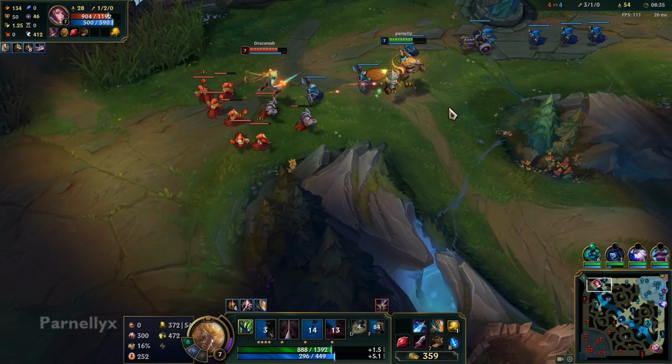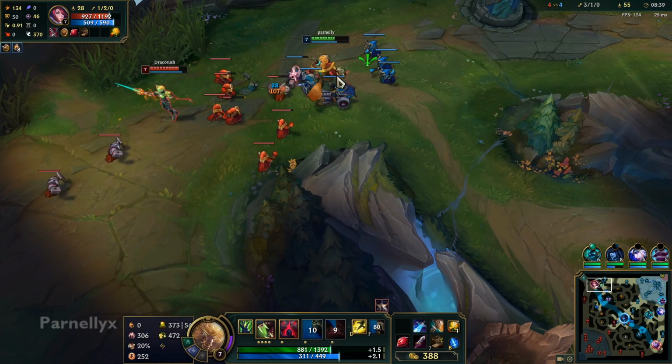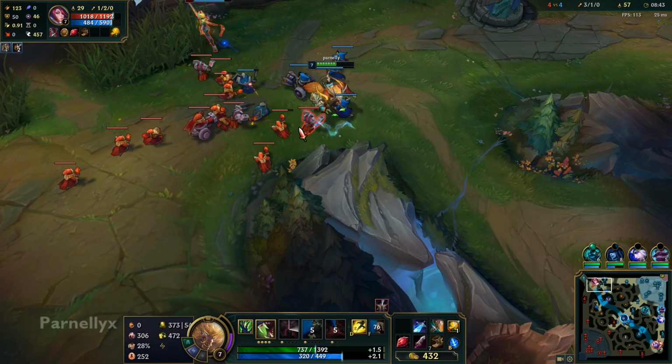Okay, I'm gonna E early. If I got stunned there, that would have been... This is kind of a skill matchup. You have to just outplay her W, basically. If she Ws you, she can probably kill you a lot of times, but...